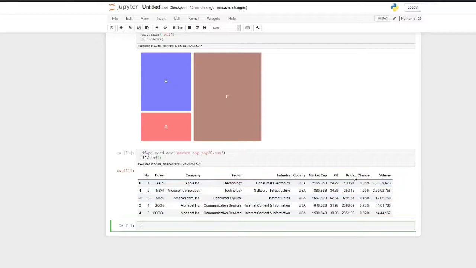We are interested in the market cap. So we will make a tree map with the sizes corresponding to the market cap of each company. That means the companies with the largest market cap will have the largest area. And then we will use a color scheme depending on the volume and the change per day.